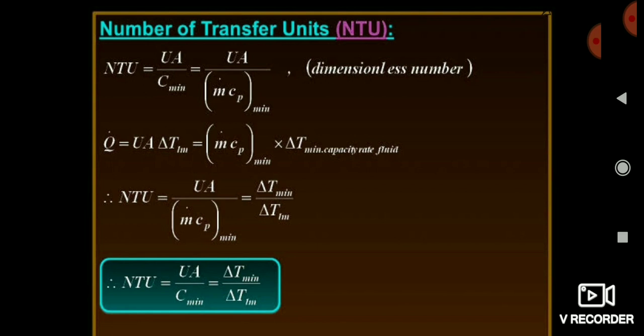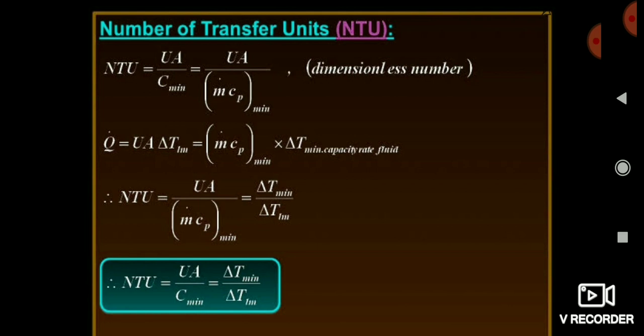And friends, after that, if you are going to calculate the amount of heat transfer through the heat exchanger, I think all of you have studied the formula, where Q is the amount of heat transfer, Q is equal to UA delta T. In a simple conduction convection process you have studied this formula. But friends, in the case of heat exchangers, you will not consider the delta T, you will consider the delta T LM, the log mean temperature difference. Friends, here you see that in this case it is the log mean temperature difference, not a simple temperature difference.